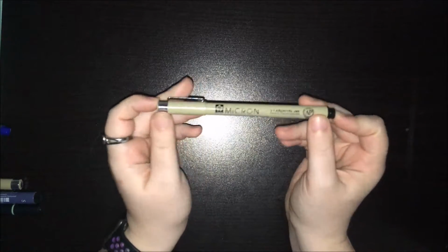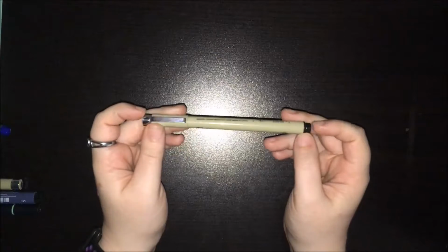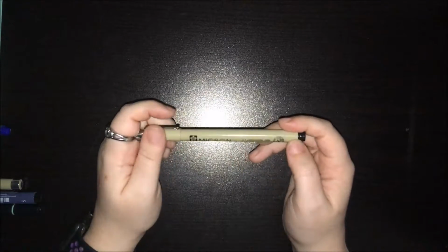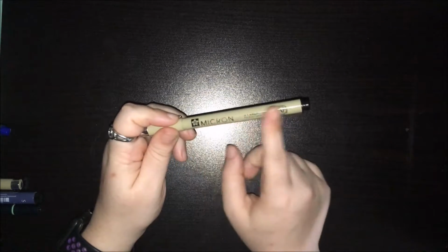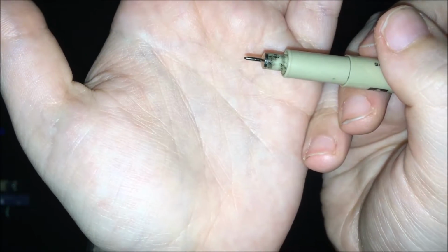So my regular everyday writing in my bullet journal is actually done with a Sakura Micron pen in 01. I know you guys can't really see that on this pen, and that's because I've actually used this pen a lot. In fact, the number is no longer on the cap. It's just rubbed off, and of course a lot of the ink along the sides has rubbed off from just where it's been sitting in my hand. But I like this because it is a nice thin tip,